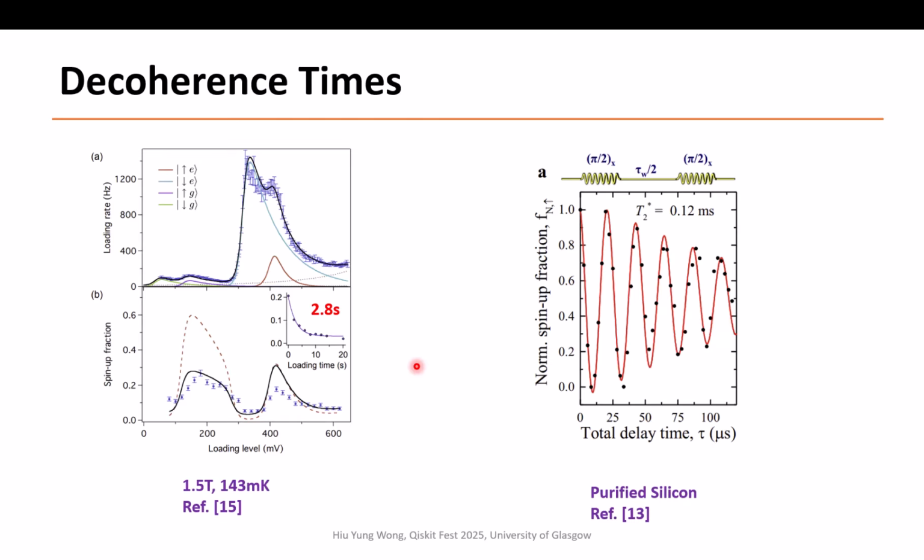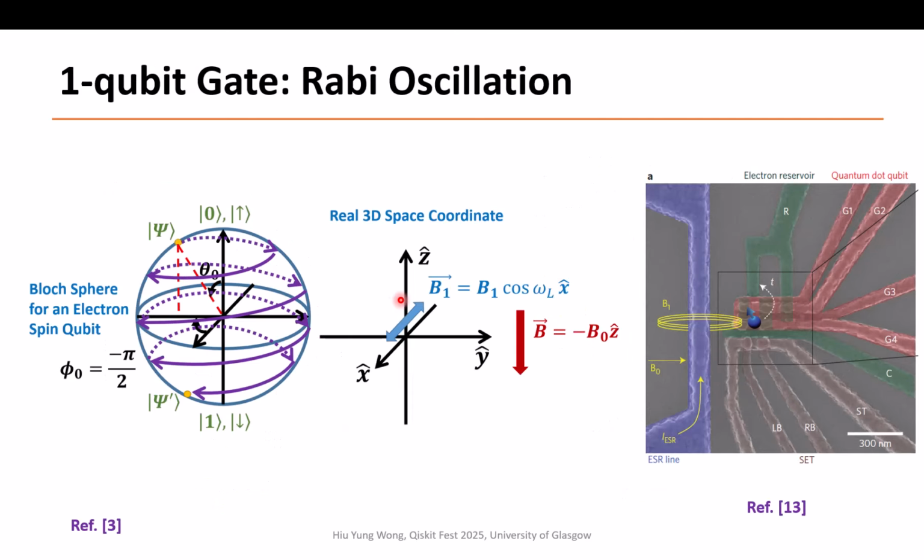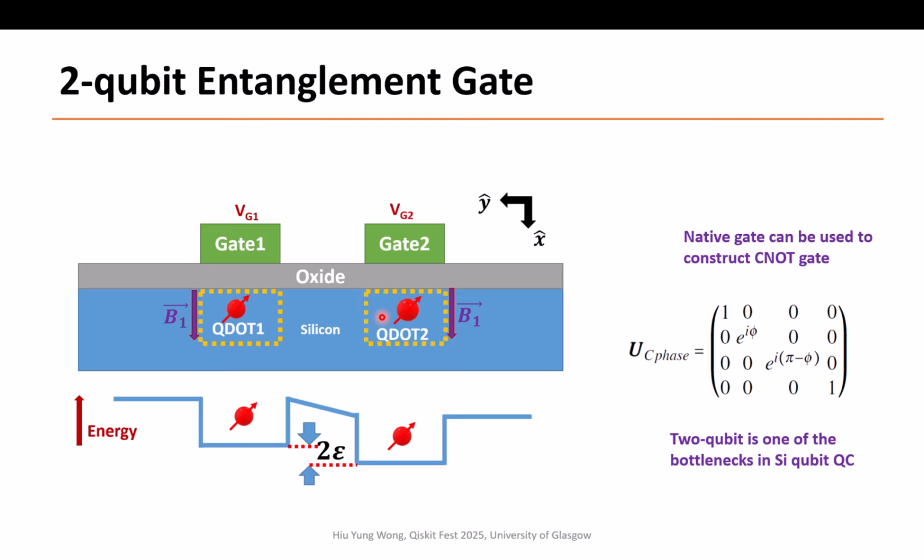Then it has a good decoherence time. We use an oscillating magnetic field to perform single-qubit operations. We use this type of entanglement gate to let them get close to each other and interact. It's easy to understand. Just like two